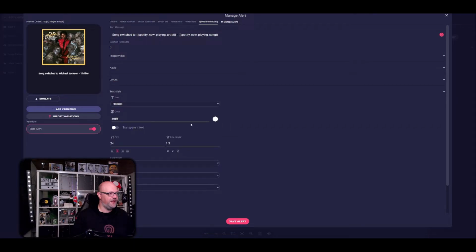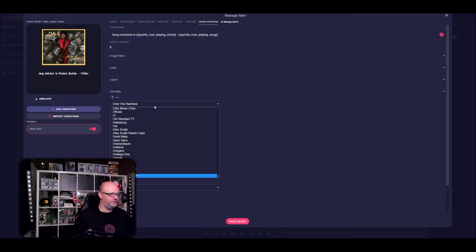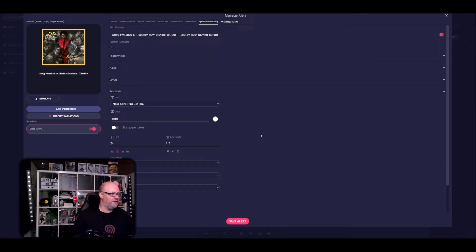Next tab is text style. You can choose a color. You would fancy what would look better on it. Of course, colors in a stream are dangerous because you have your game background or whatever you stream. So colors could interfere with the colors of your background color. You can choose your font you would like. I just put something random here. And of course you can put your